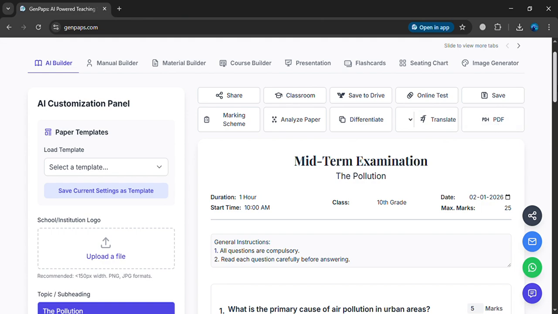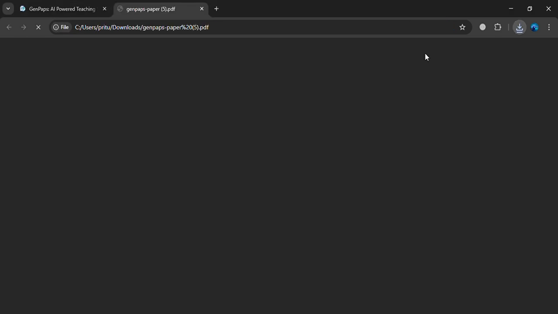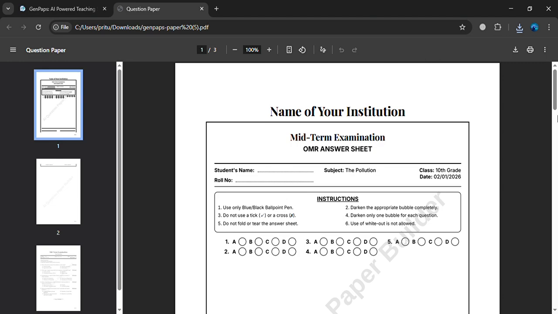So I will show you how this button works. I will click on the PDF button. Now you can see that it's creating the PDF file. I will save it here and I will open it. So what I told you,